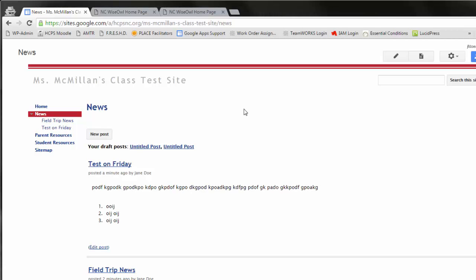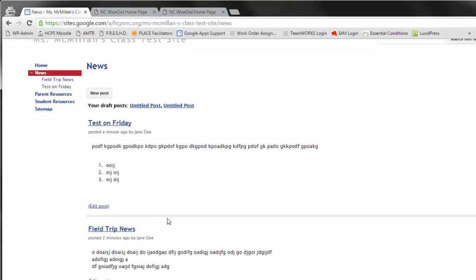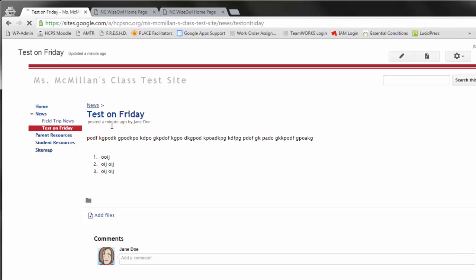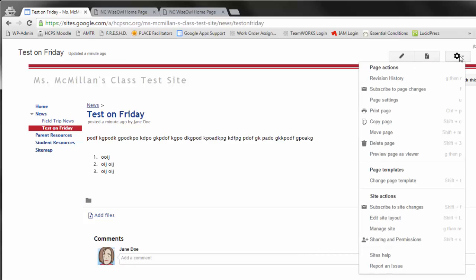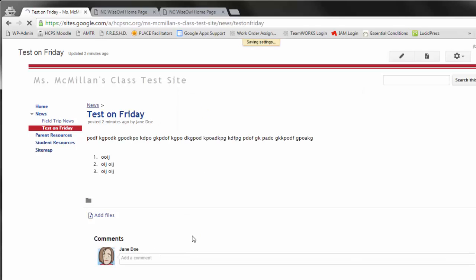One thing we did want to point out about the news posts, here you don't see any commenting options because when you're on the news page, they're sort of condensed. If you do open up one of your posts, you will notice that those options came back to add files and add comments. So on each post, if you go up to the gear and you choose page settings, you will also have to remember to disallow attachments and comments if that's something that you truly don't want on your